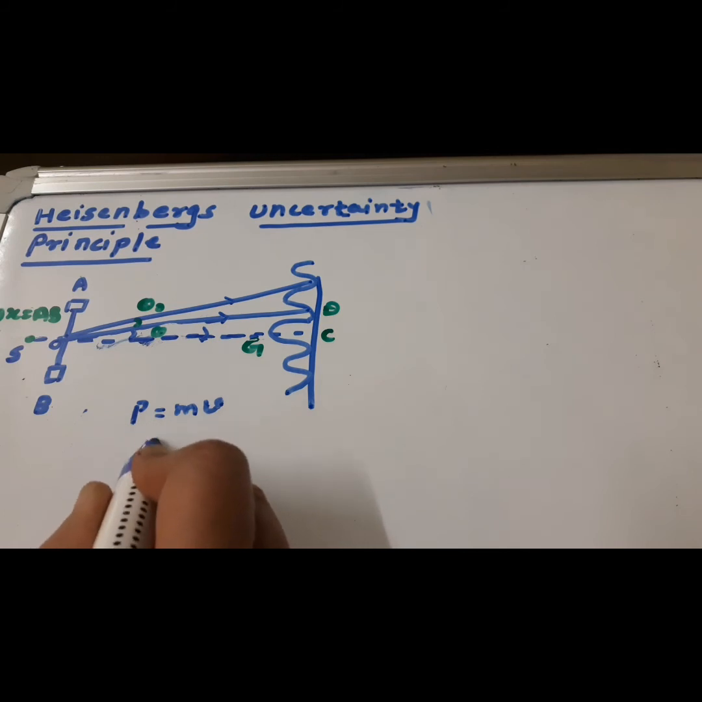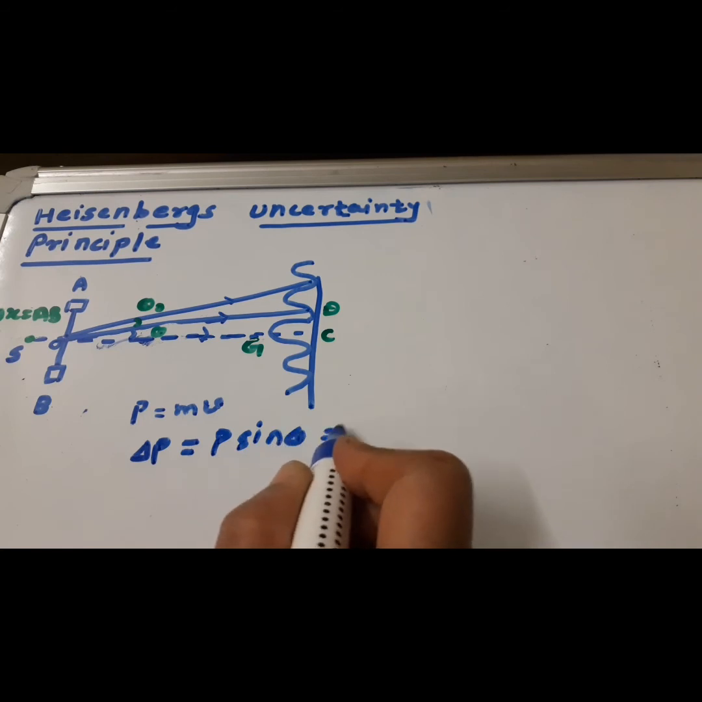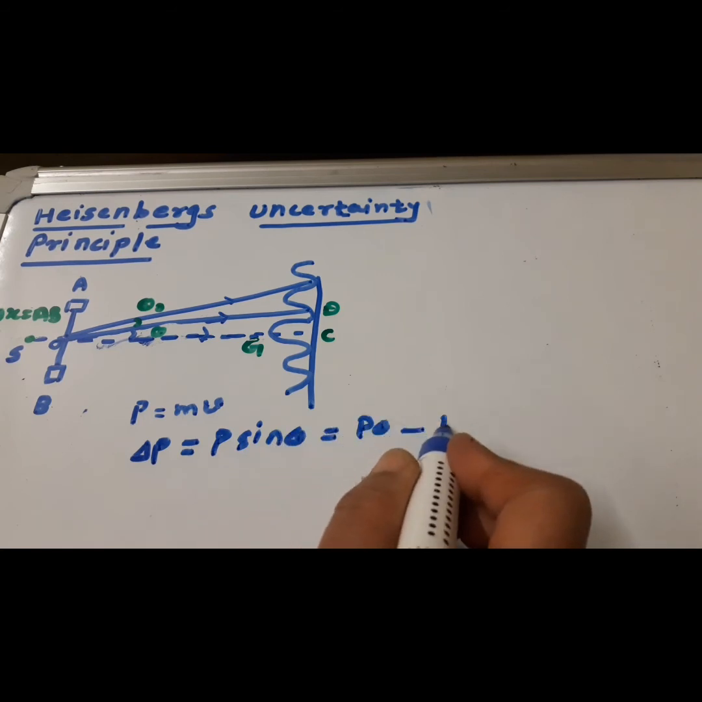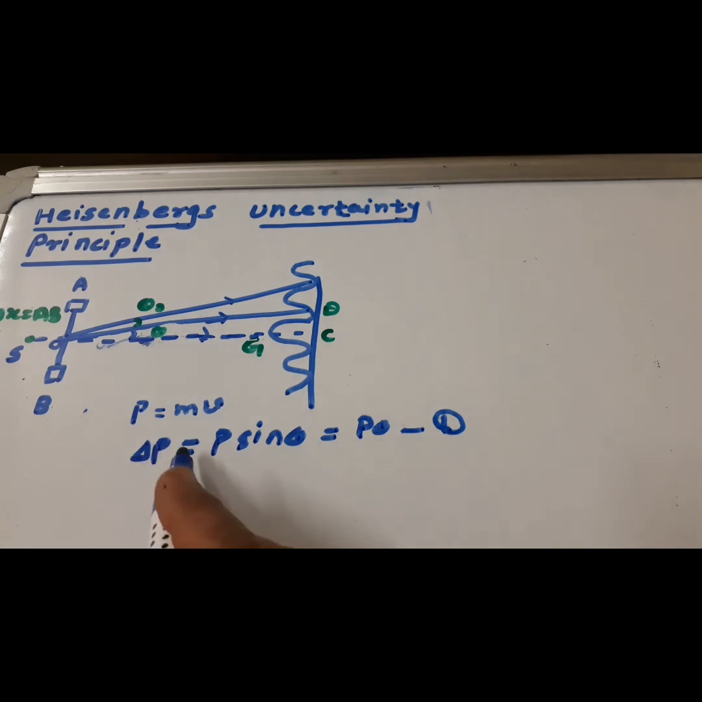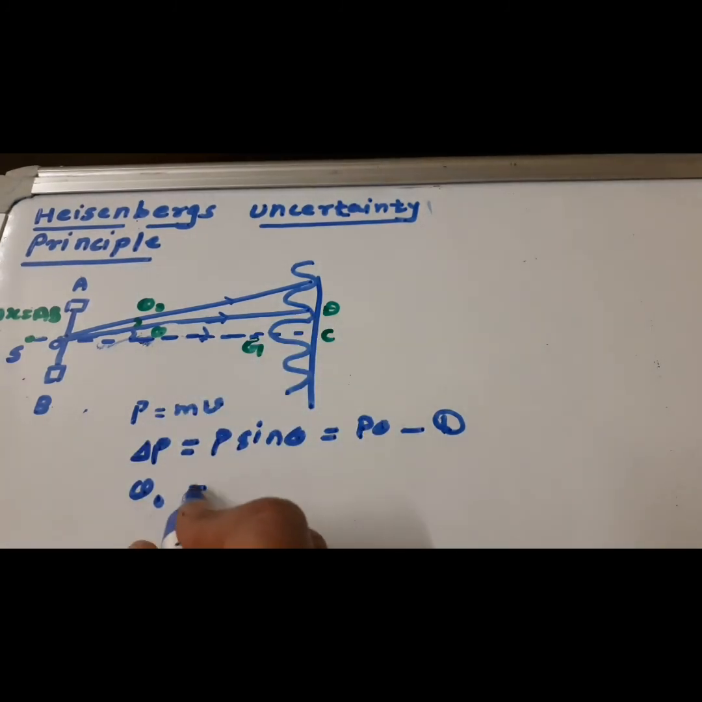Then delta p is equal to p sine theta, which is equal to p theta. This is equation 1. What is delta p here? Delta p is the error in momentum, or uncertainty in momentum. Theta 0 is the corresponding angle of the first minimum. Therefore, theta 0 is equal to lambda divided by delta x,